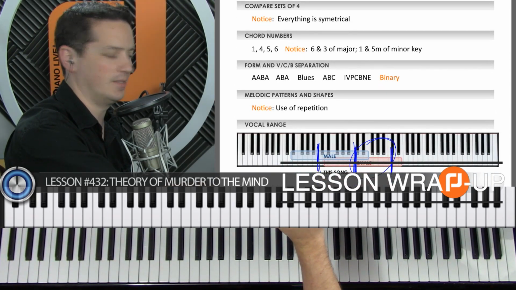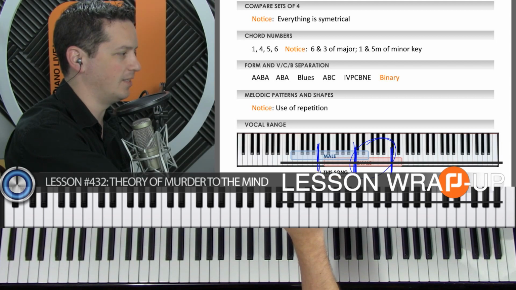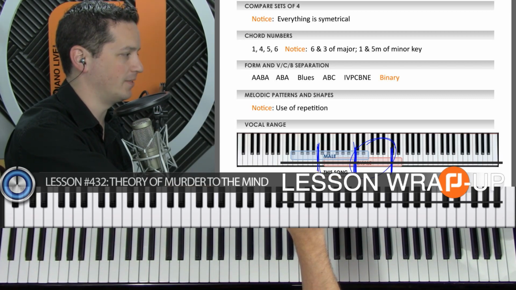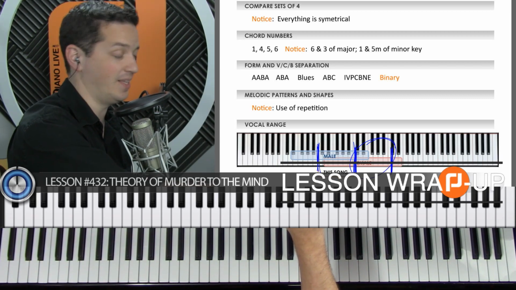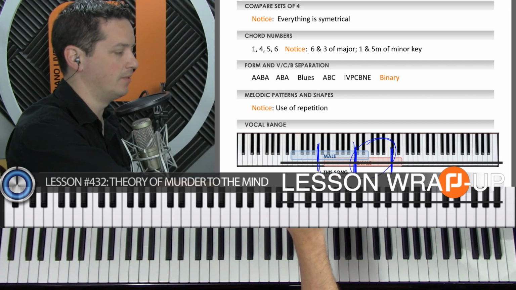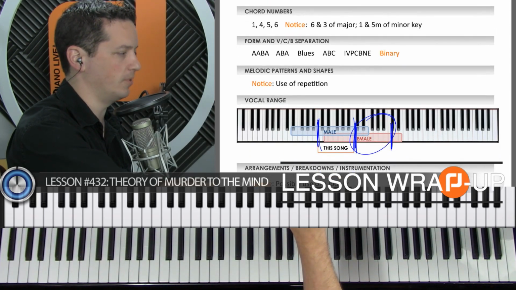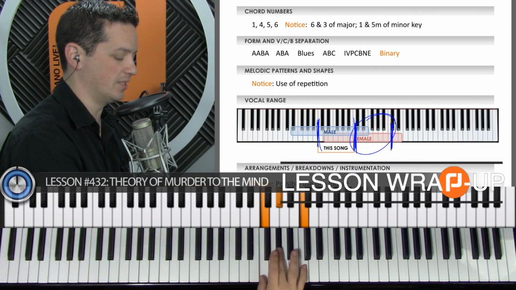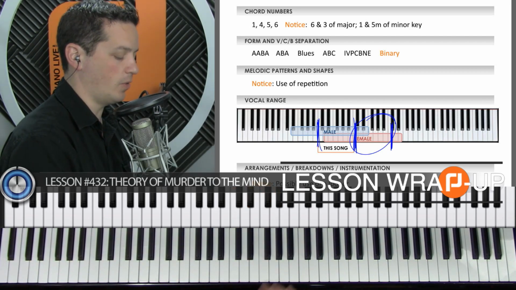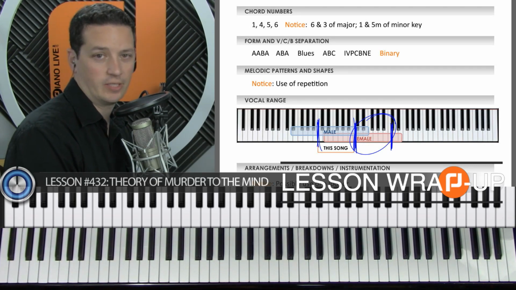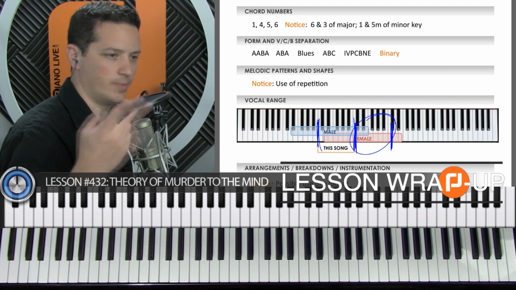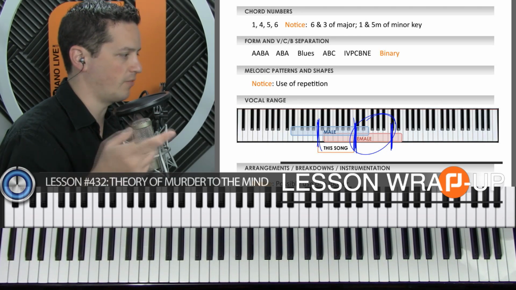Chord numbers, still kind of undecided unless we were to talk about modes of major scales, and then we would be talking about the F Dorian. But for right now, probably E flat major is the one that the chords most comfortably fit into. Or you could call this the 6 and the 3 of A flat, or you could call it the 1 and the minor 5 of F minor. Cool. And then the form we said is going to be binary, just meaning that you go back and forth between 2 sections equally, just back and forth and back and forth.